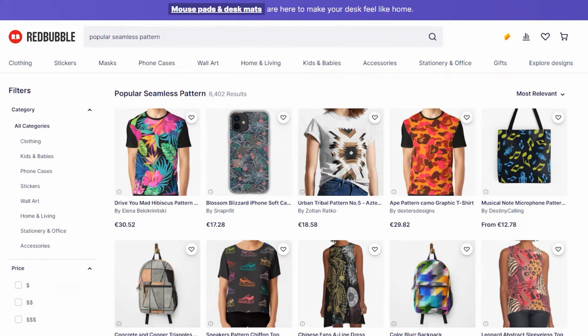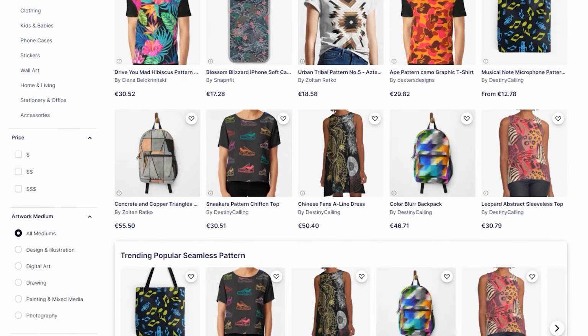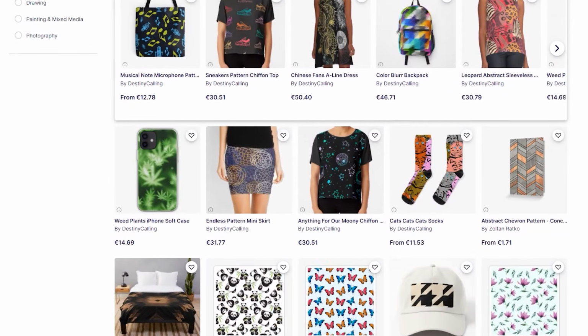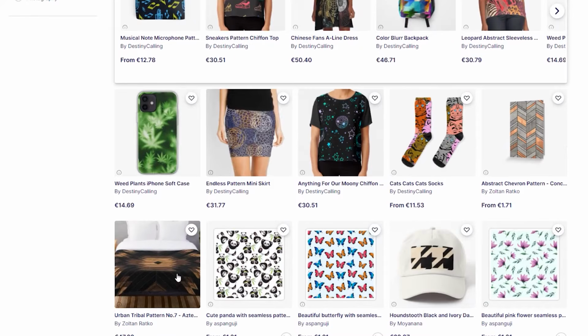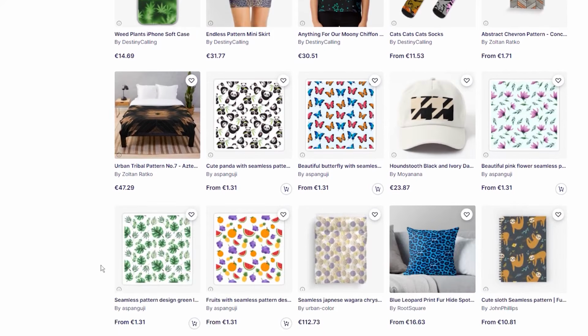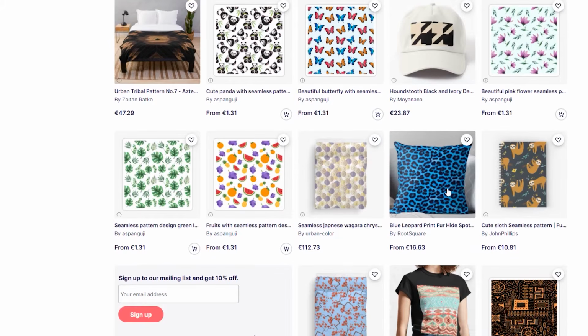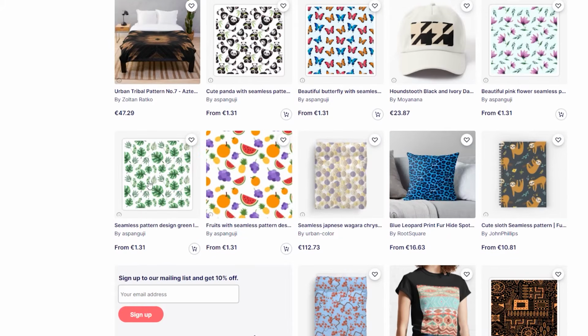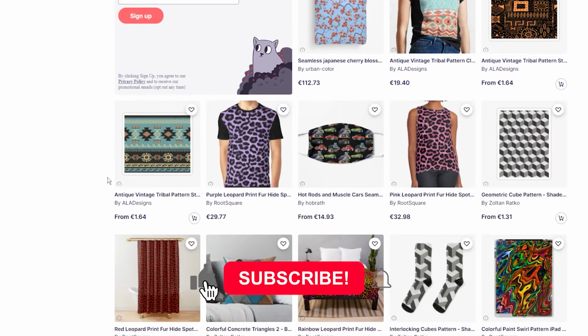Creating my own patterns is one of the best things that I have learned. I like to use the seamless pattern on phone cases, blankets or pillows because they look amazing on these products. While there is a lot of software you can use to create repeating patterns, I like to use Photoshop or Canva for such tasks. And in today's video, I want to show you how easy it is to create beautiful looking seamless patterns in